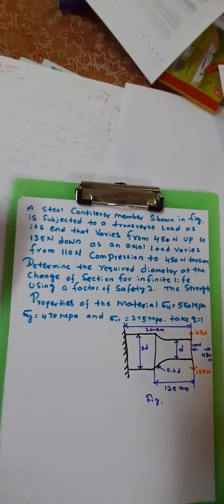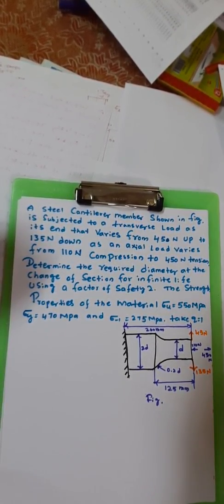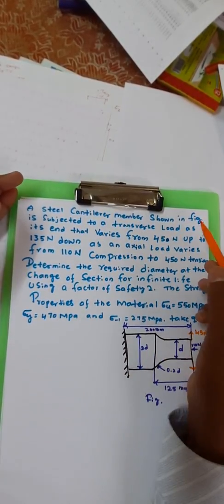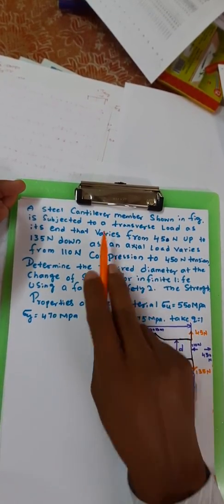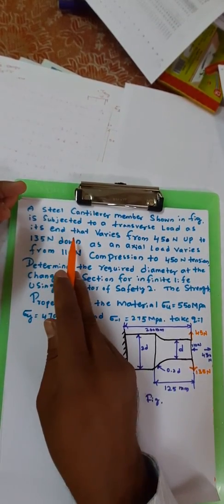Okay, in this class we'll discuss some of the important problems based on fatigue load subjected to combined loading. First let us understand the given problem. The problem is a steel cantilever member as shown in this figure. This is a steel cantilever member which is subjected to a transverse load at its end that